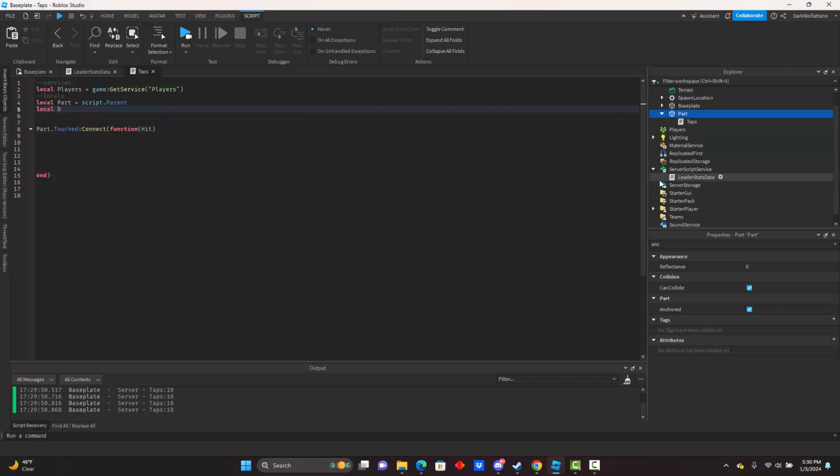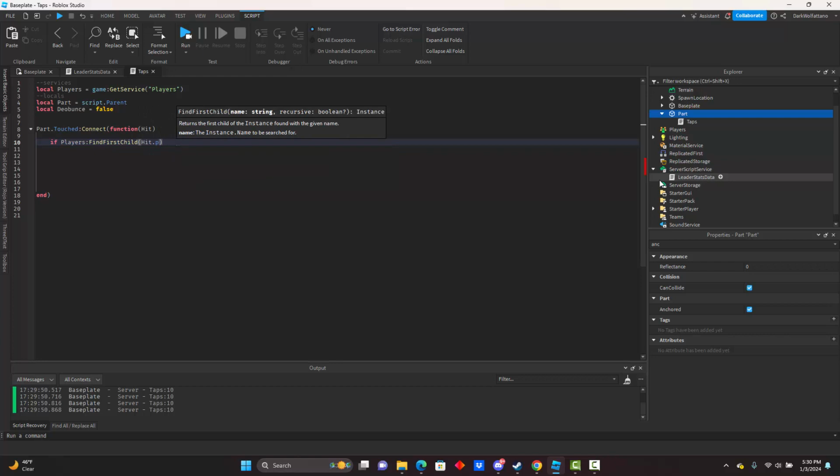Now I've said touch it a lot. We are actually going to need a debounce. That's what I forgot. I don't like it when I'm doing things like this and my players can repeatedly touch the same thing 1,010 times. So the first thing we're going to do is make sure that whatever hits it is a player. And the way we're going to do that is we're going to do if Players:FindFirstChild(hit.Parent.Name